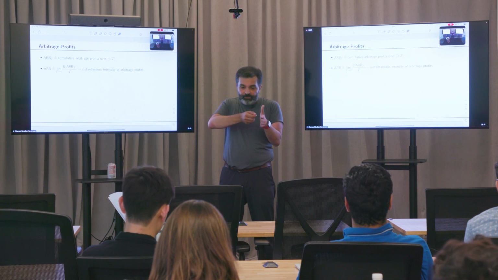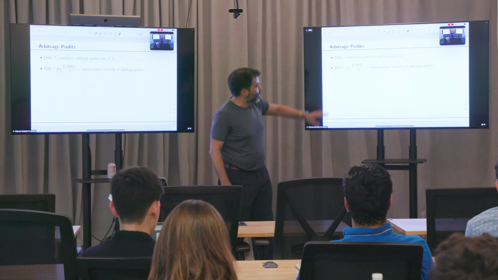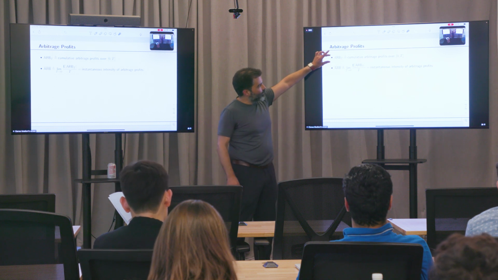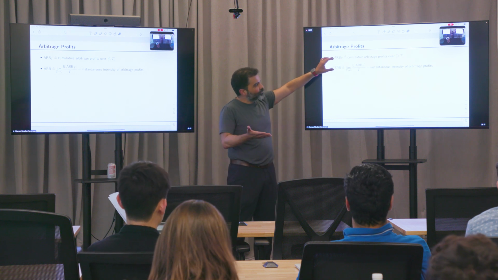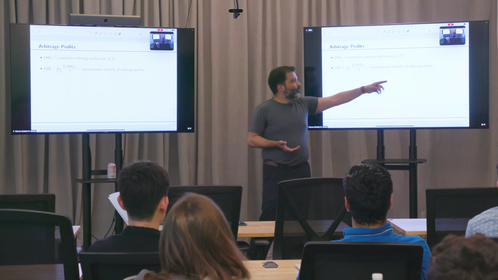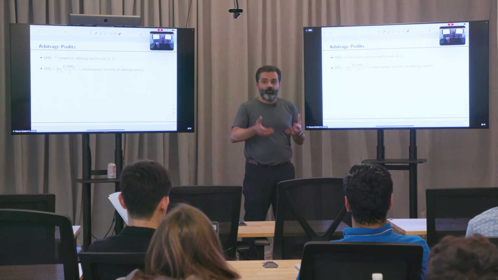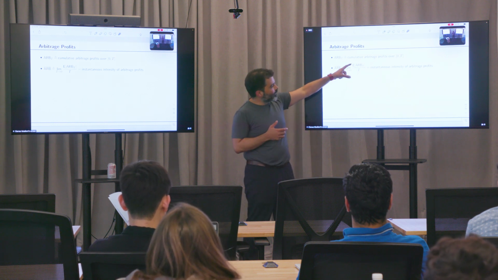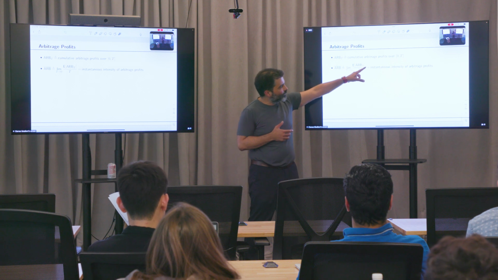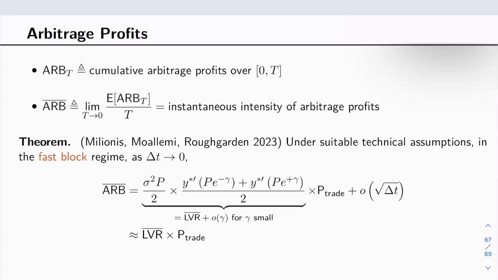It's only staying the same or moving up. And it's also only moving at instances where arbs arrive. So it's a jump process. And if I want to think about how fast this is growing, the usual technique we use to think about jump processes is we think about their intensity. We think about how fast it is going to grow over a short period if I take out all the randomness. So here I'm looking at the expected arbitrage profits over an interval from 0 to t relative to the size of the interval, and I'm going to shrink it to 0. This is going to be the intensity of arbitrage profits.